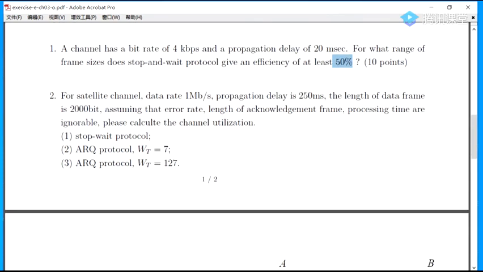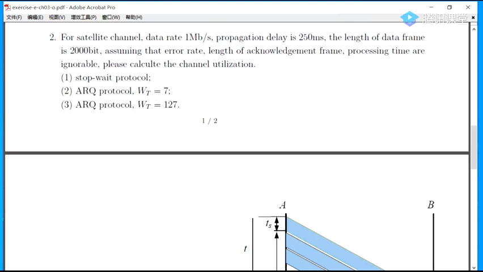So just now, the frame size was not known, but in the second question, the length of the data frame is known. Assume that the error rate, the length of acknowledgement frames, and processing time are ignorable. Please calculate the channel utilization